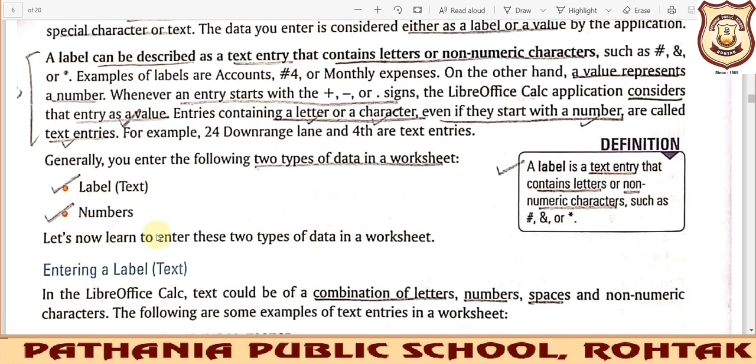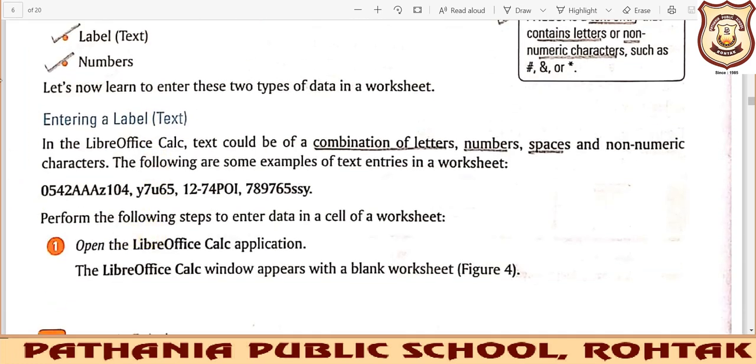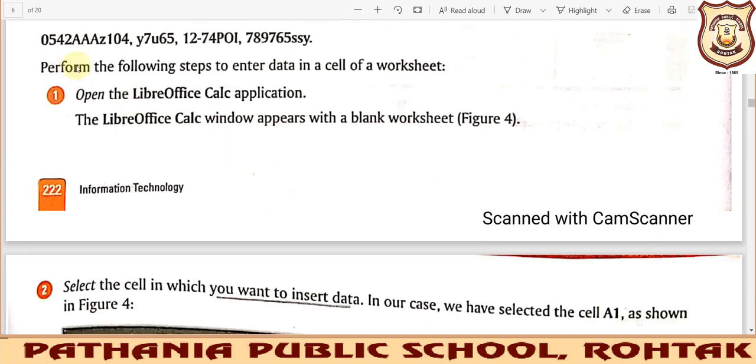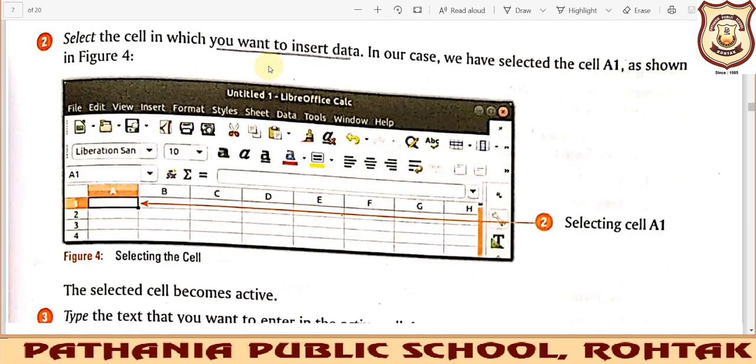Now let us look at entering a label or text. What type of data may it have? It can be a combination of letters, numbers, spaces, and non-numeric characters. These are all valid entries for your text, or we can say the label. What are the steps to enter the data in the worksheet?